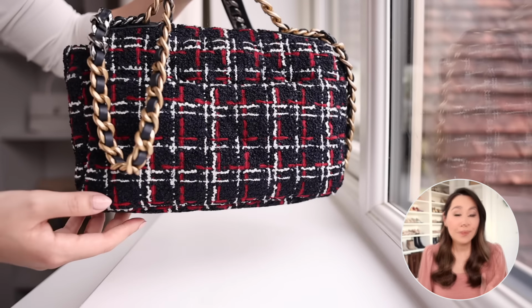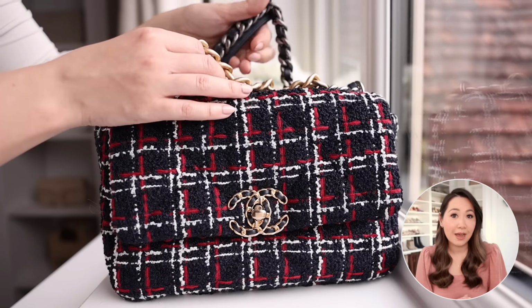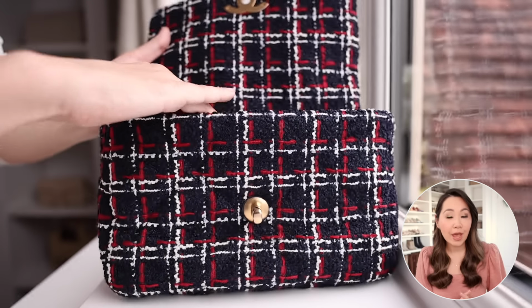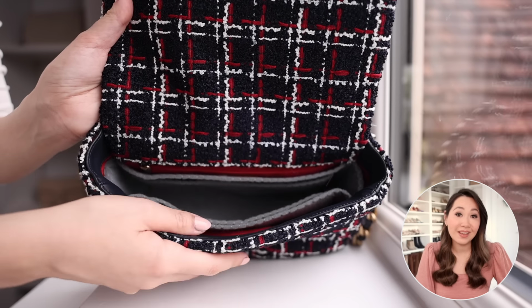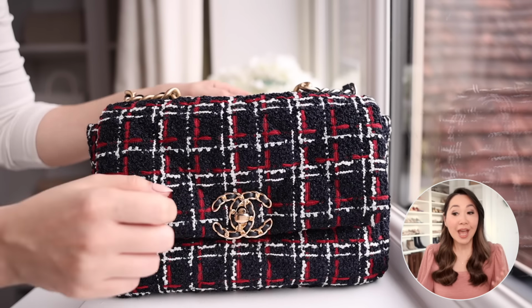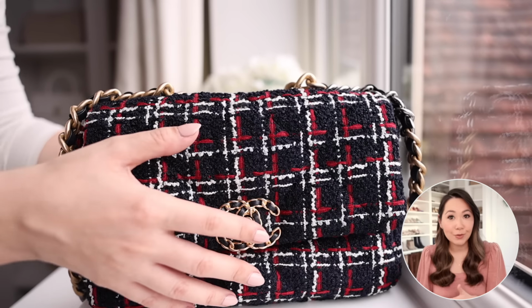It is by Chanel, but I got it for a fraction of the cost I would have had to pay for a Chanel Classic Flap, which now all the ones I see generally go for £5,000–6,000. That one I got for about £3,000, so by no means was it bargain of the year, but I do think I got it for a really good price, and it has definitely scratched that itch for me. So I do think that there are some situations where you can go for a cheaper model and still get